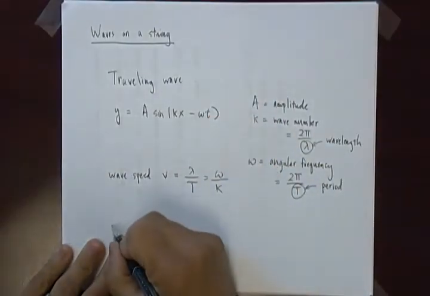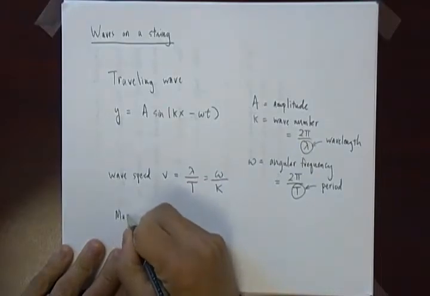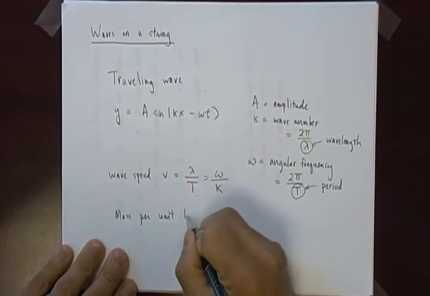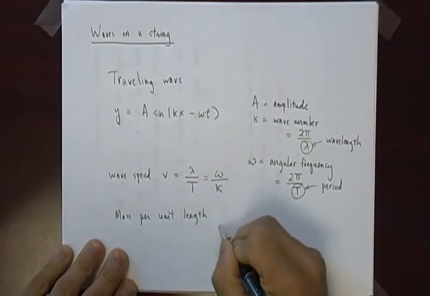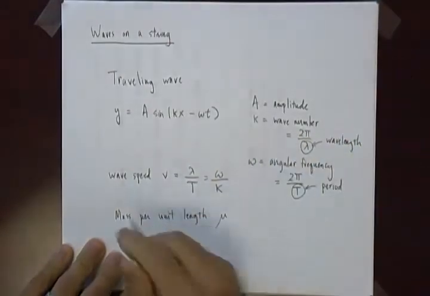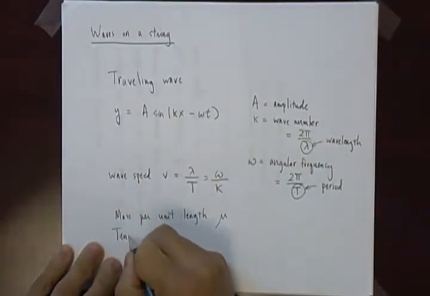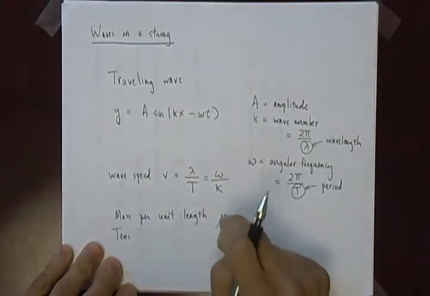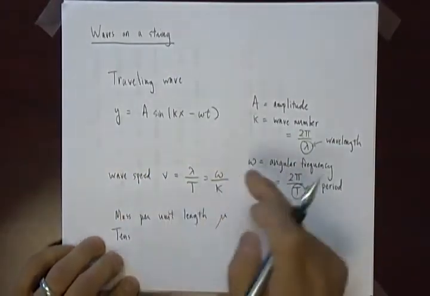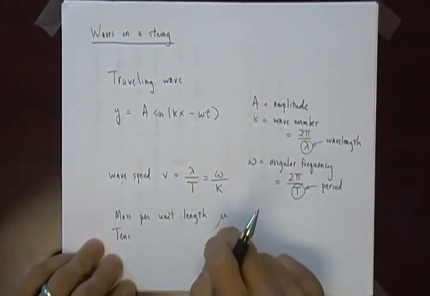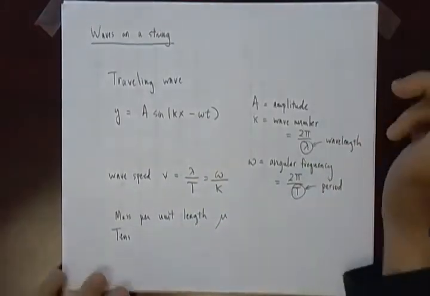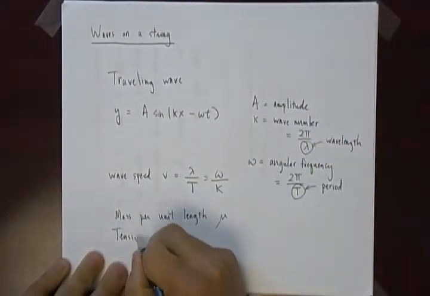So we will let the mass per unit length of the string be mu. The reason why it's mu, by the way, is it starts with the letter m. It's supposed to remind you of the word mass. And a cheap trick that physicists like to use is to use Greek letters for things per unit length or per unit volume. Now the tension in the string,